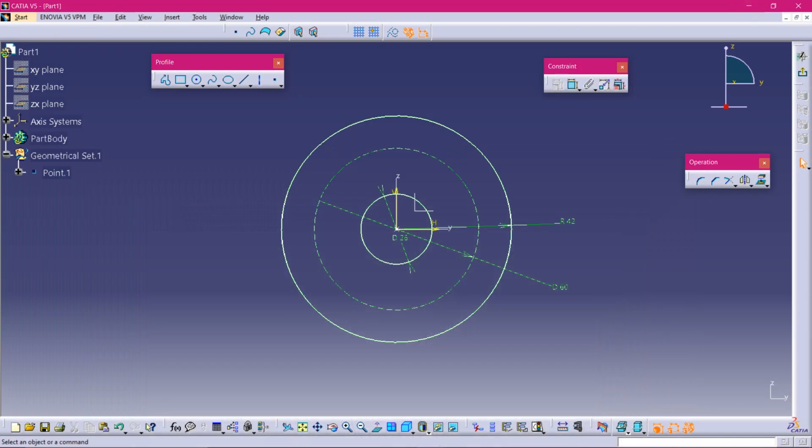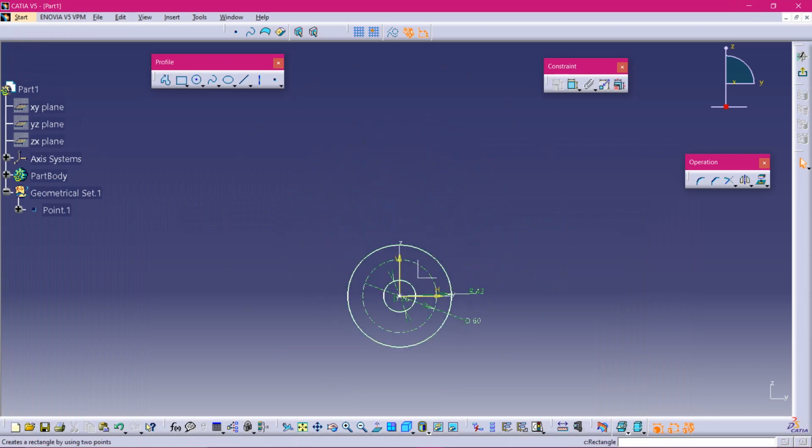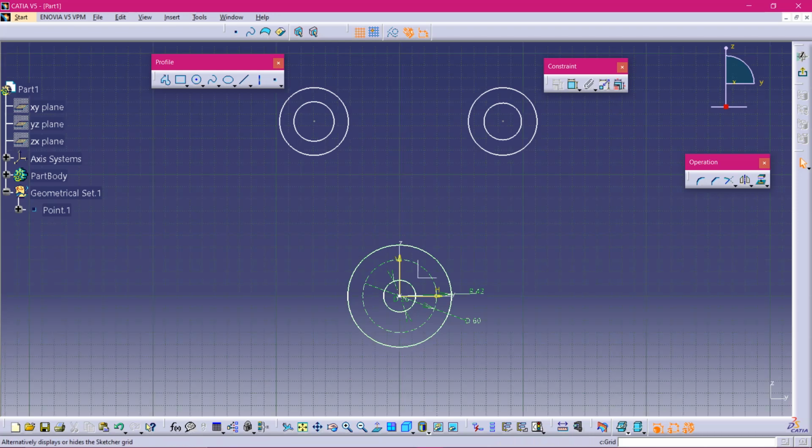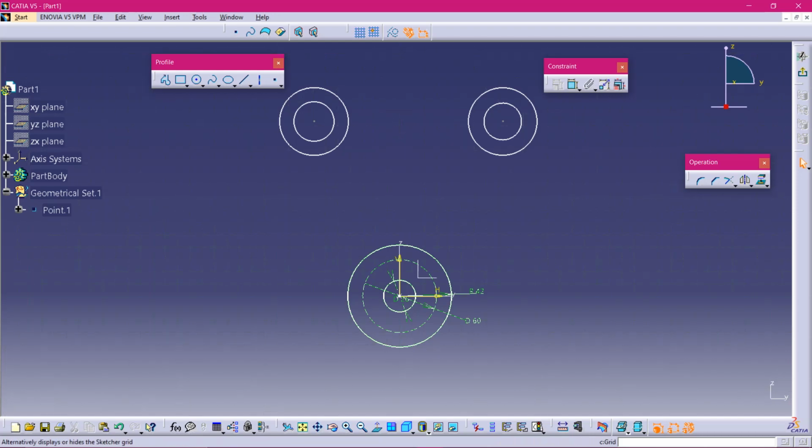Okay, just zoom out your sketch. What I have said, two circles here and the other two. Okay, done. So remember, while you're drawing, select the same center. So remember, your geometrical constraint and dimensional constraint both should be on. That means they will be in yellow color. So this is called grid. It should be off so that you can find it easier to draw. Grid and snap to point both should be off. If you turn them on, that will create some disturbance.